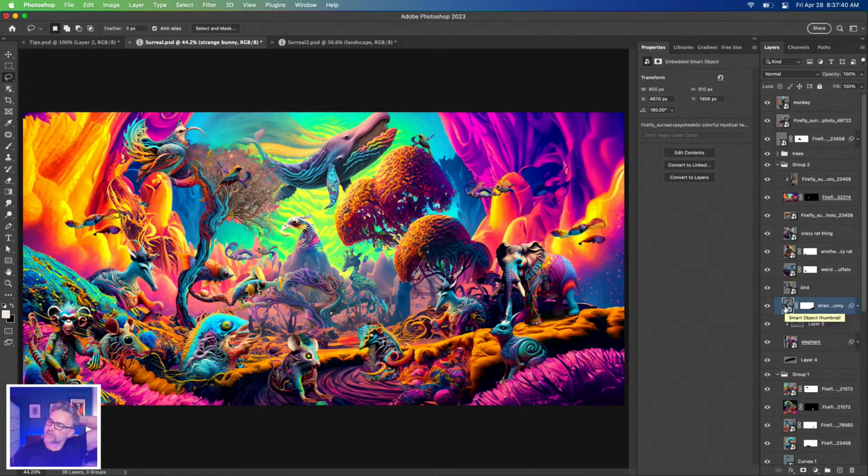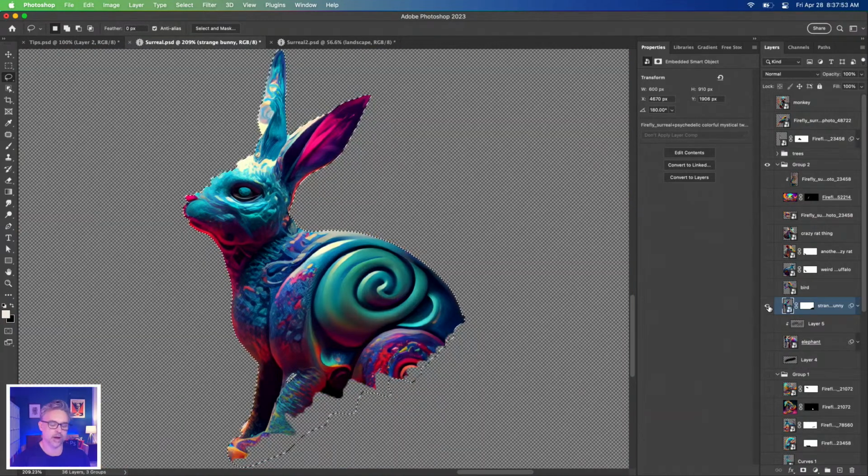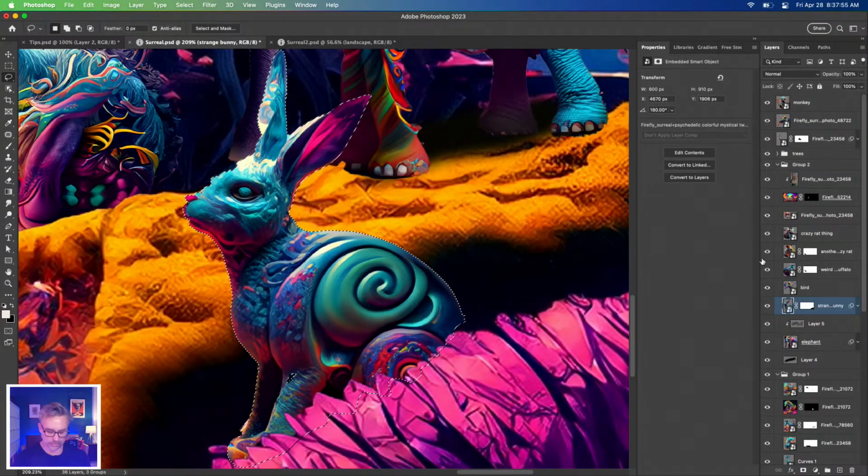So again, set up your layers panel how you want. Know these shortcuts for finding items, isolating items. Command click on that if I wanted to select that particular object. So these shortcuts with your layers panel are really helpful for me. Actually, you guys know even the shortcut for moving things up or down in the layer stack,